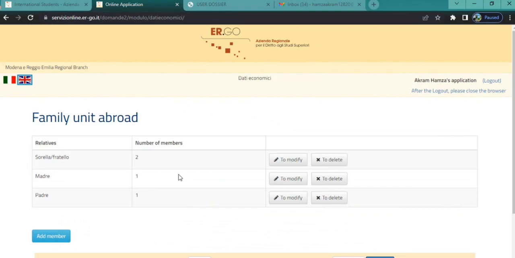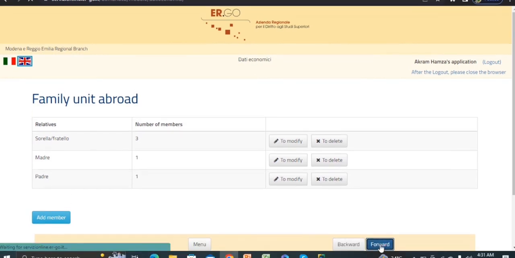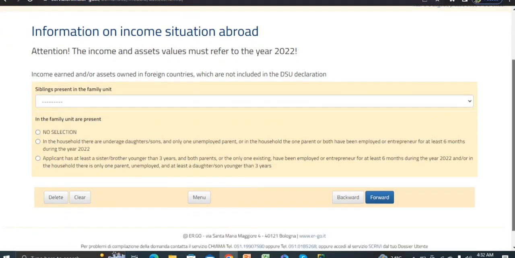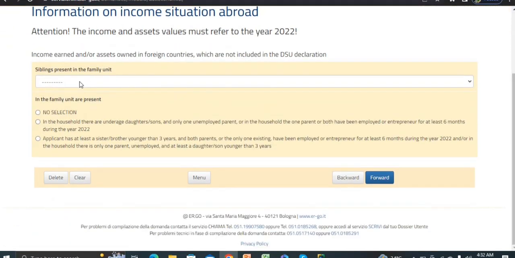Same here for father, select padre and number of members, select 1. For mother, select madre and type 1. When all the family members are added, then simply click on forward. Next, you have to select siblings present in the family unit,